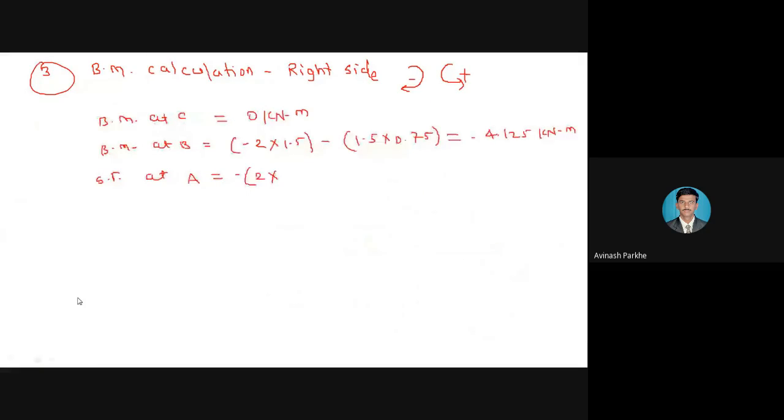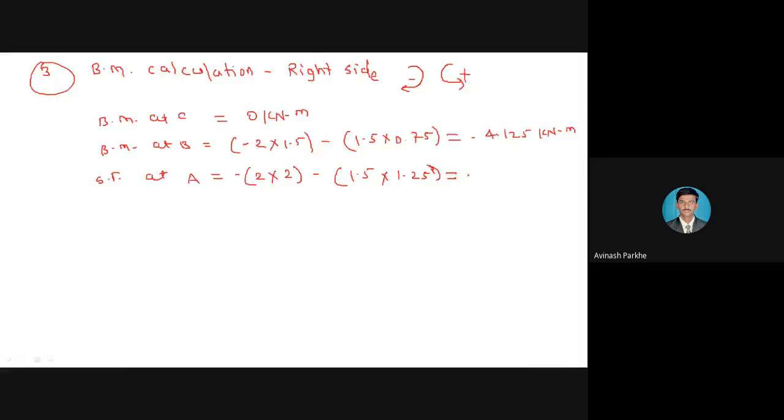Only two loads are present, but only the multiplying distances are to be changed. So minus 2 into 2.5 and one more, 1.5 meter into 1.25 is equal to,